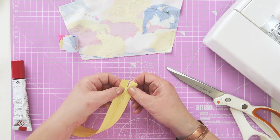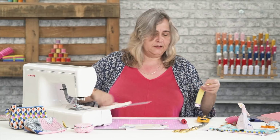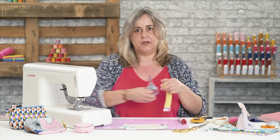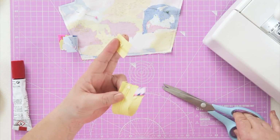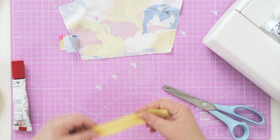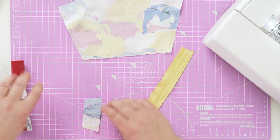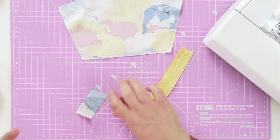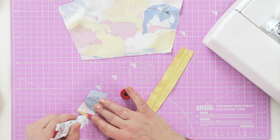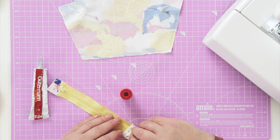What you can also do is take this metal thing off with a pair of pliers and refit it, but it's a lot of mucking about and it's much easier just to sew it and then simply cut the end of your zip off. Makes it a much better length for your bag, and then we'll neaten the end in exactly the same way that we did the top of the zip. That's with a bit of glued fabric